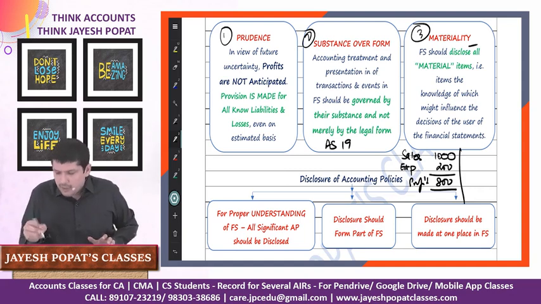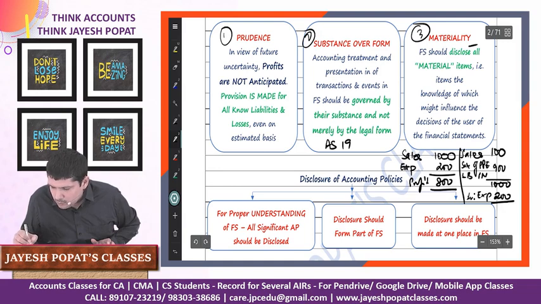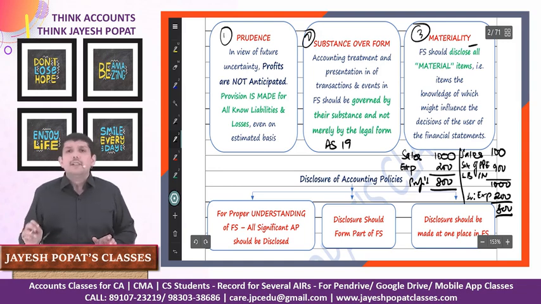So we drilled down and understood that the sales of the company is only 100, and there is a sale of PPE, let's say certain land, building, plant and machinery, which it has sold for 900 crores, and therefore the total sale is showing as 1000 crore, expense of 200 crore and profit of 800 crore.